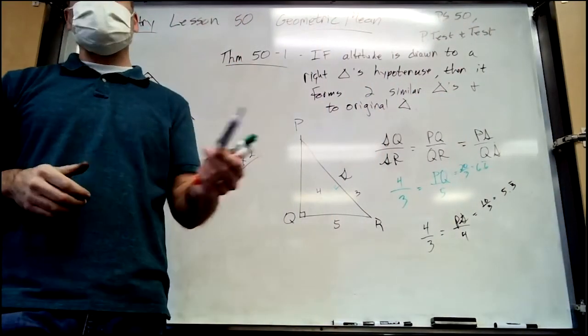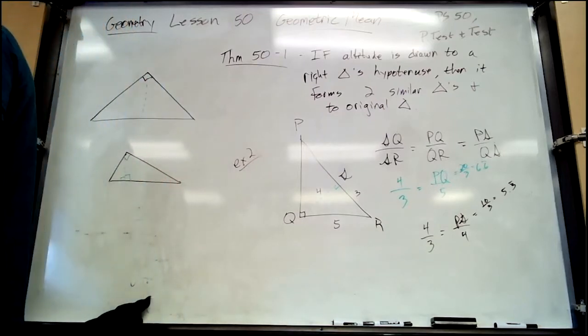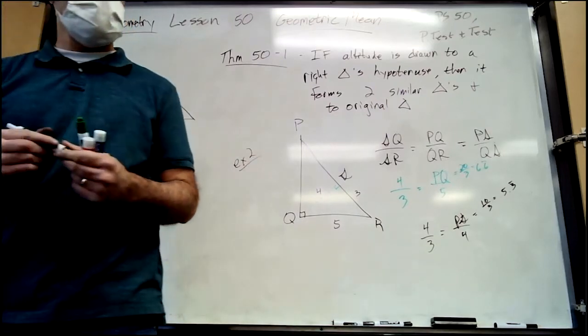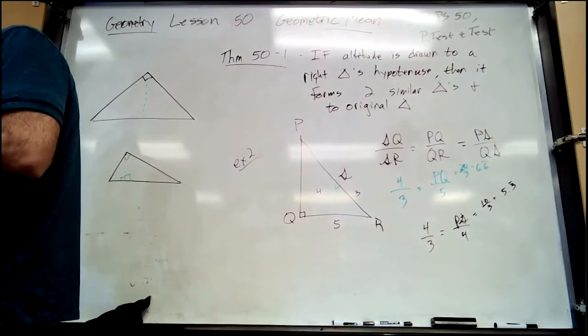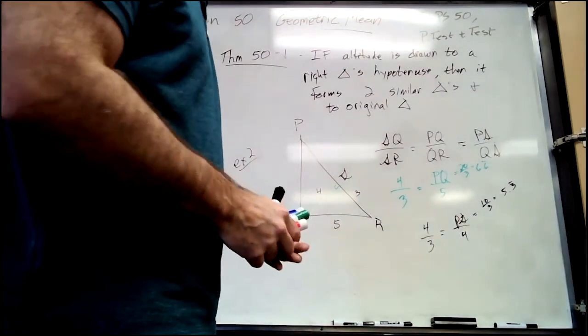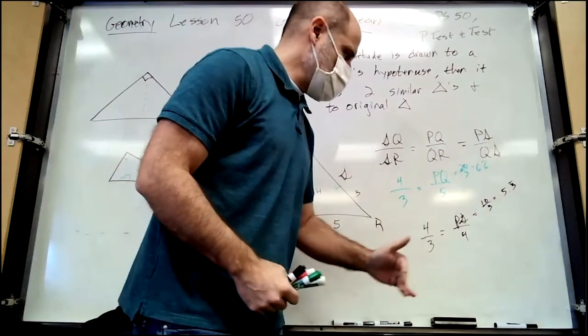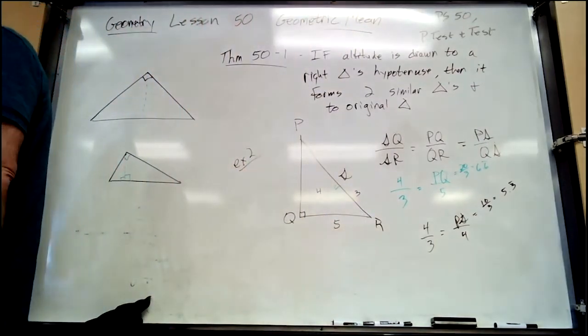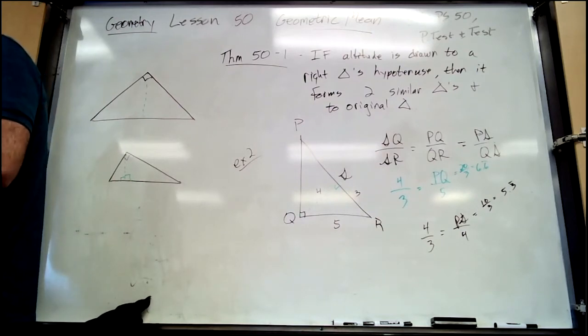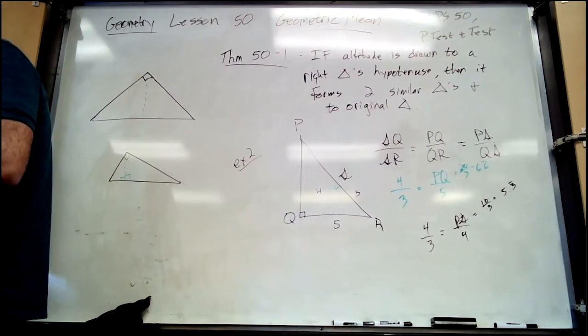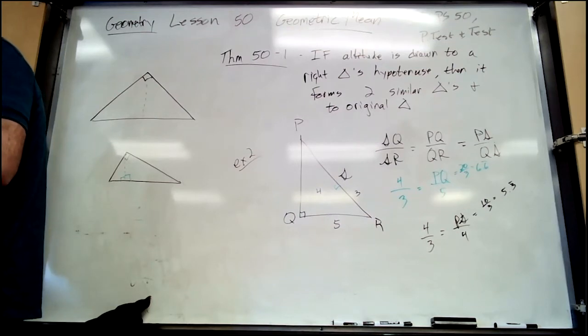Okay, so sometimes the means of a proportion are equal to one another. So remember, there's the extreme and then the means. We talked about the extreme and the means in a proportion, but here's what we're getting to, the geometric mean. This is a special kind of proportion that can be used to find the geometric mean of two numbers. The geometric mean for positive numbers A and B is the positive number X, such that,